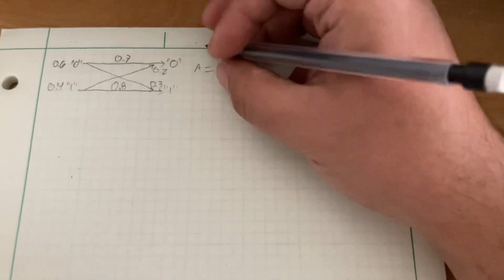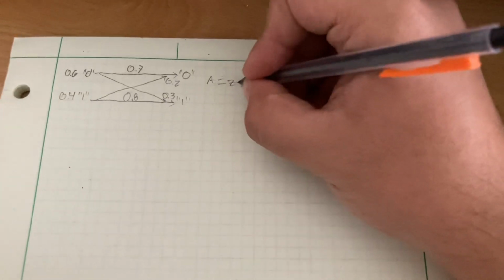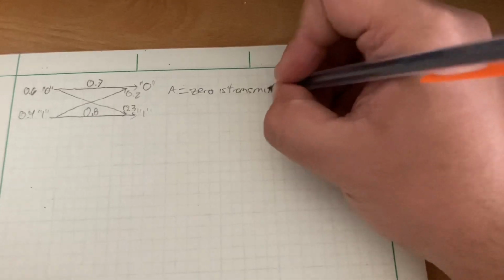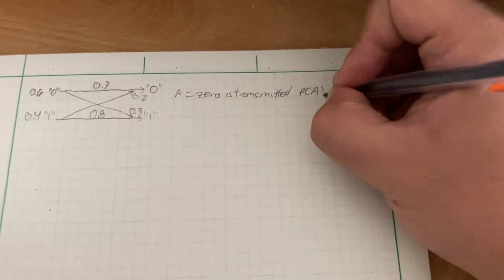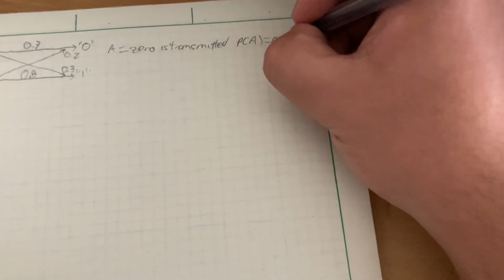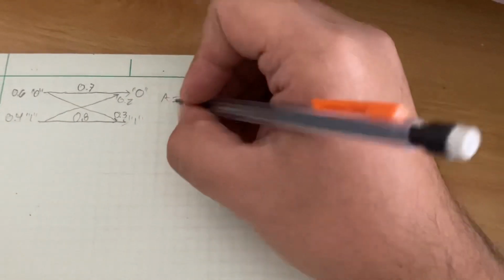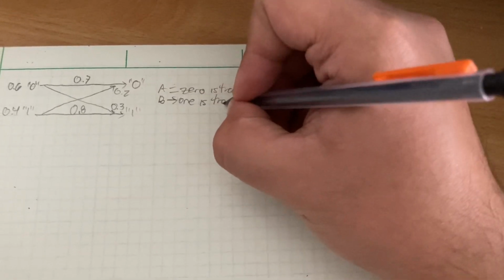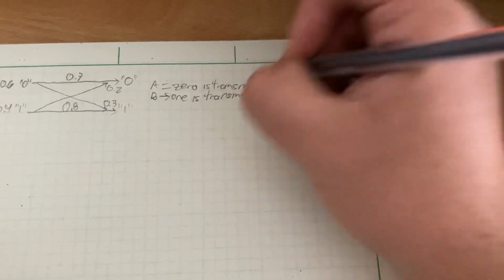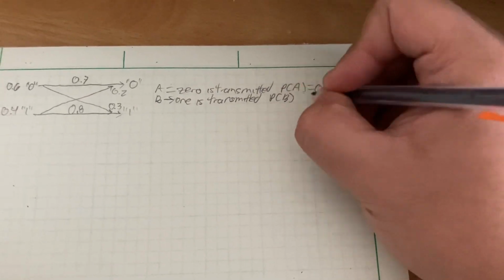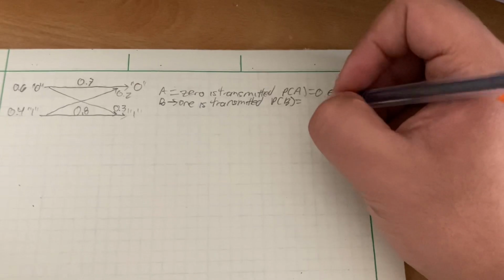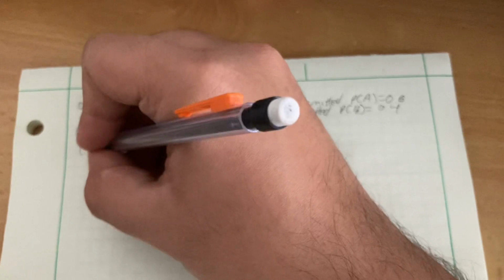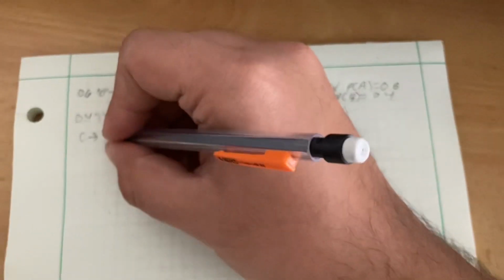A is going to be 0 is transmitted, with a probability of 0.6. Then B is going to be 1 is transmitted, with a probability of 0.4. Then the next event is going to be C, which is 0 is received